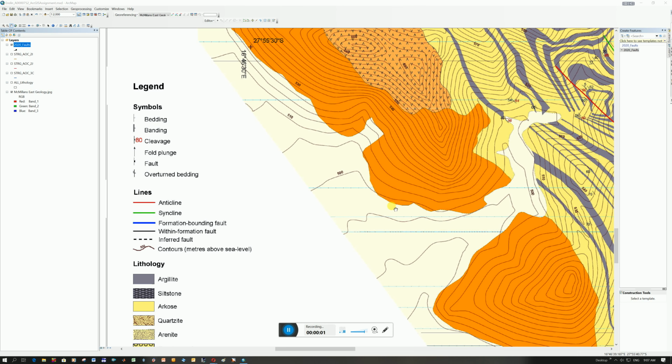Okay, in section 5 we talk about adding point shapefiles. Obviously on the map there's a lot of point data, and if you go to the legend here, it describes the different things. Single line is bedding, double line banding, if there's a red number it's cleavage, and there's other information here. So with these bedding, banding, cleavage, we're going to digitize a few of these points to create some